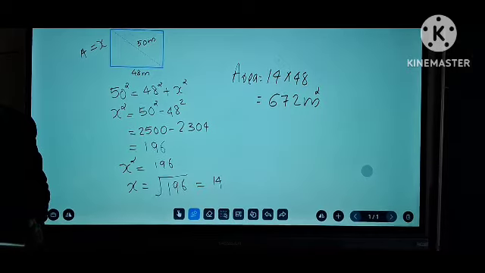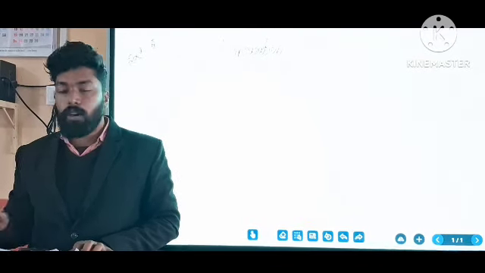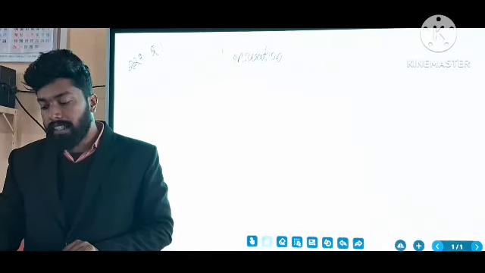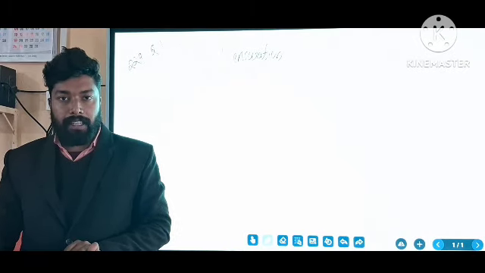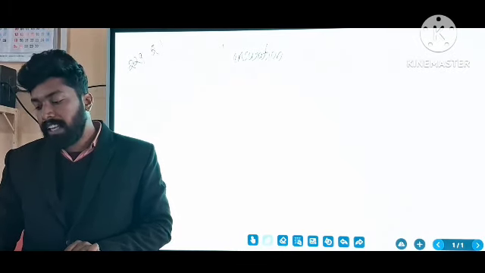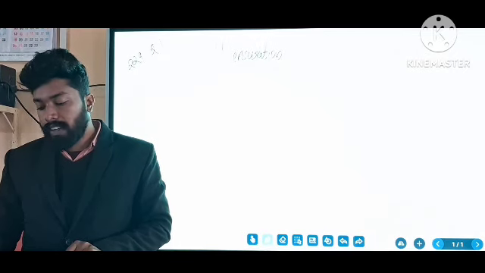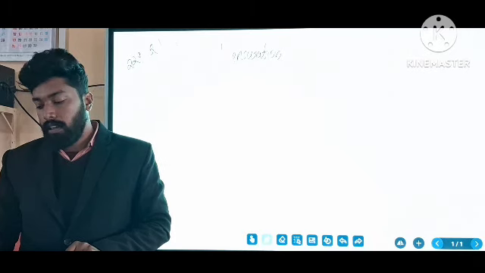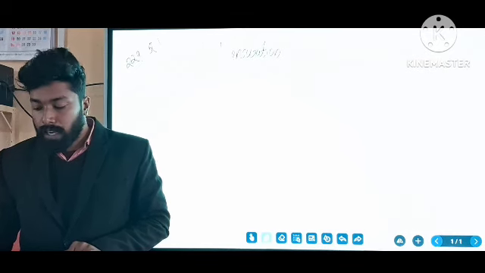Okay, fine. Now we can go to the third question. All of you please read the question. The sides of a rectangular park are in the ratio 4:3. So the ratio of the length and breadth is given here. And if the area is 1728, find the cost of fencing it at rupees 30 per meter. So the area is given and we want to fence the rectangular plot.